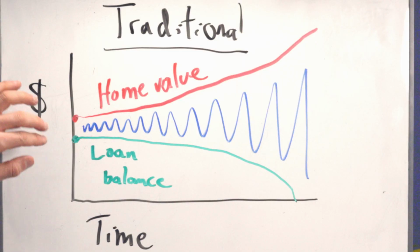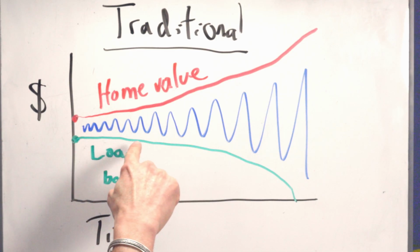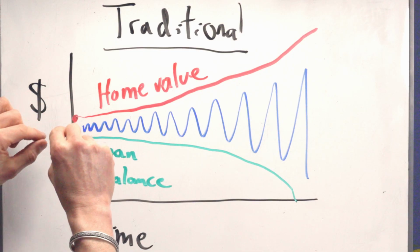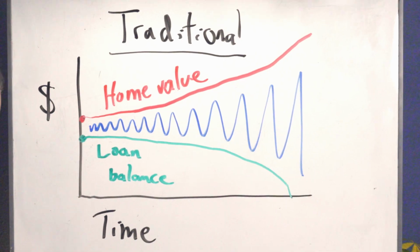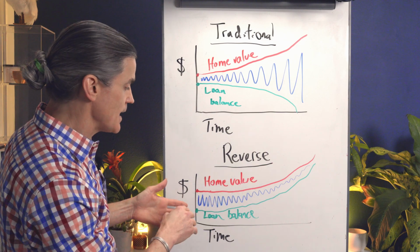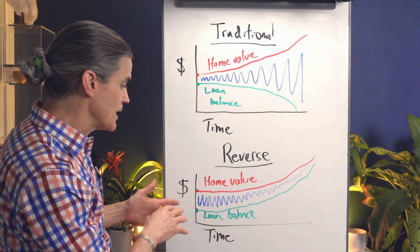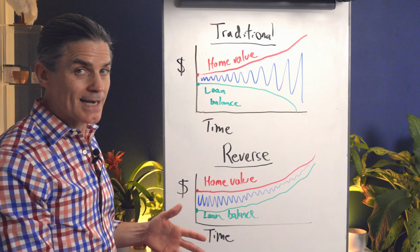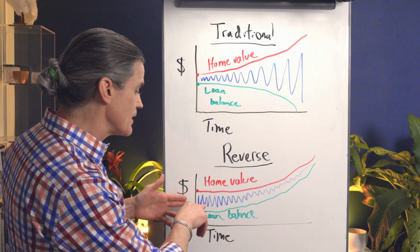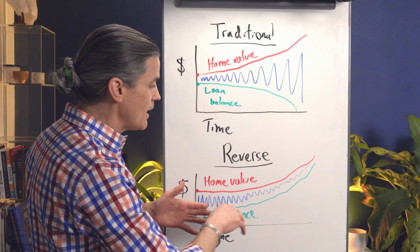is quite high. So over time, the loan balance on the traditional mortgage stays relatively the same for a while and then quickly goes down at the end. And that creates more and more equity as time goes on. In the case of the reverse mortgage, the home value increases at the same rate, but in this case, the loan balance also increases because the interest payments are being added to that loan balance. So we see that loan balance rise and rise, and the equity slightly decrease over time until the end of